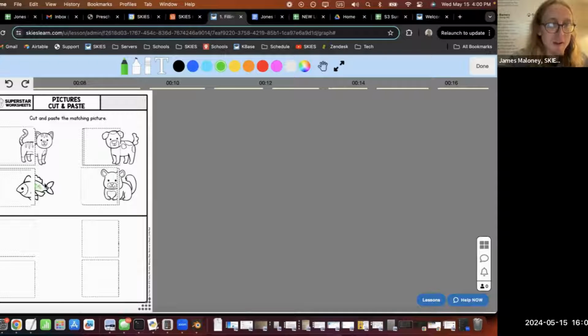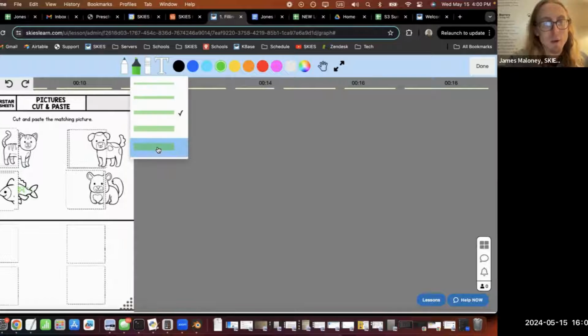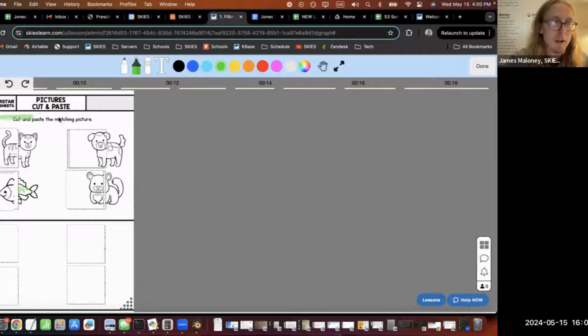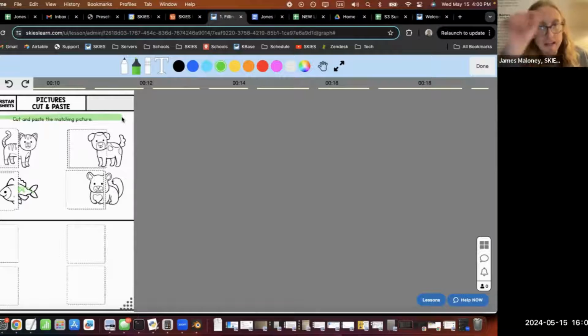You see kids coloring. We have a highlighter, which is used for the big kids when they're doing note taking and highlighting. But for little kids, they use it for coloring. So they'll do the worksheets. They'll color. They can erase. They can type.